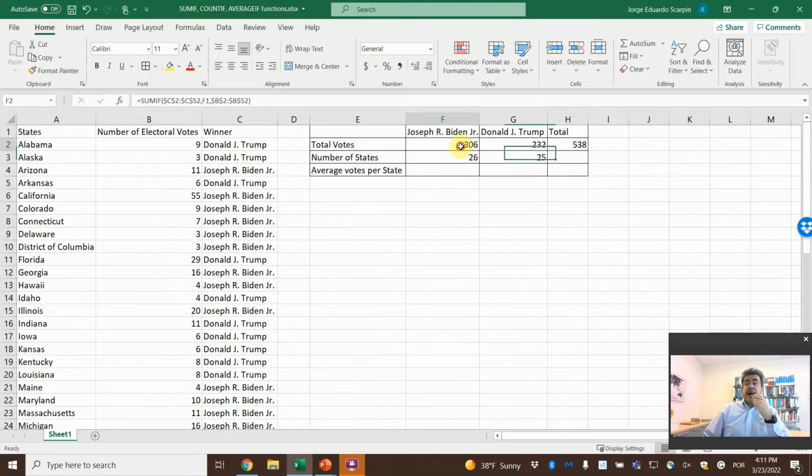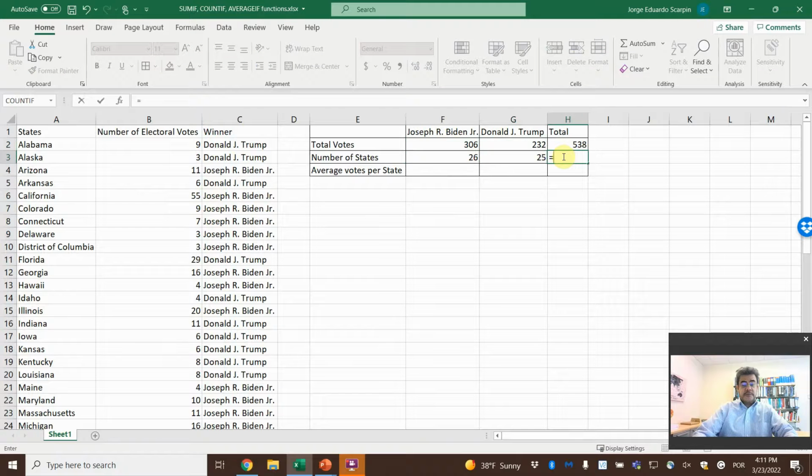Or we can combine both numbers as well because we have only 2. So if we combine both, 538. Number of states. We can also combine these two, 51, or count